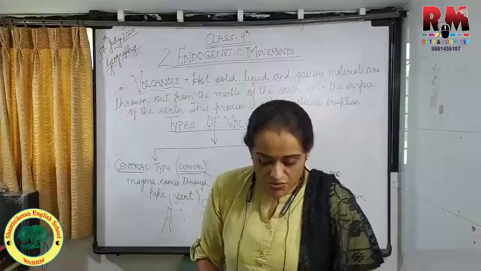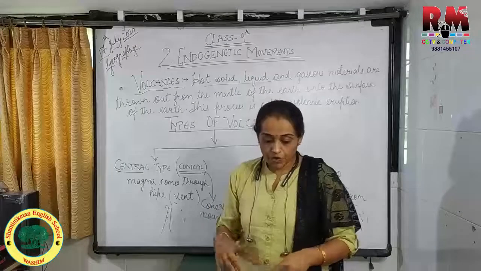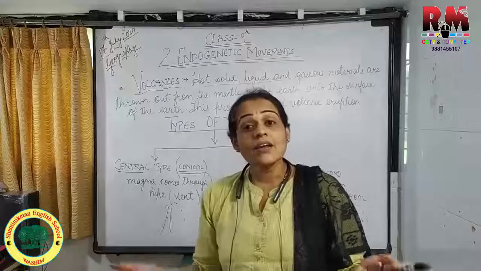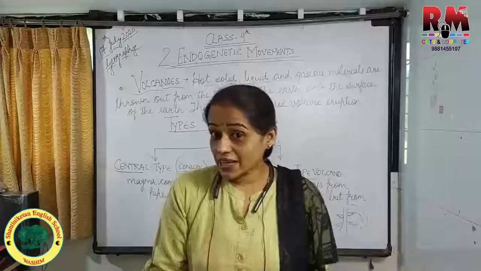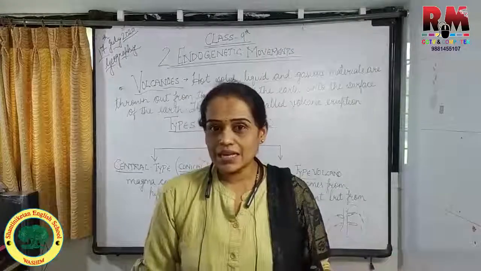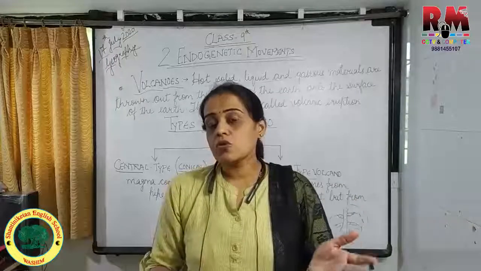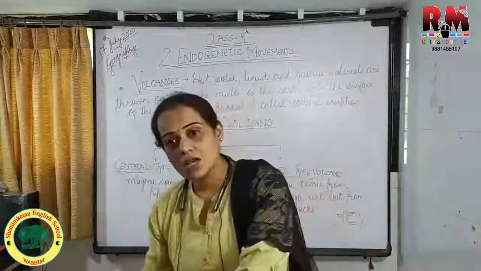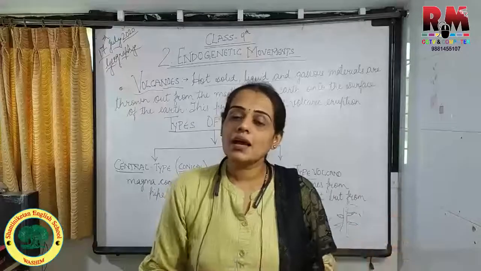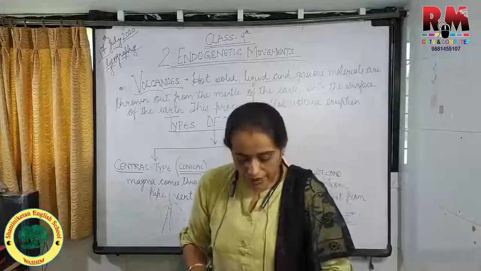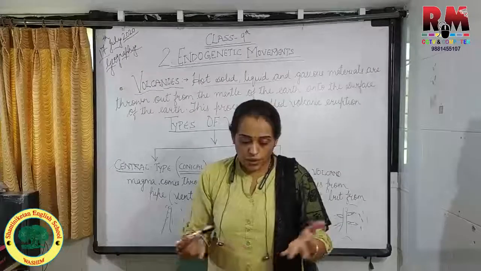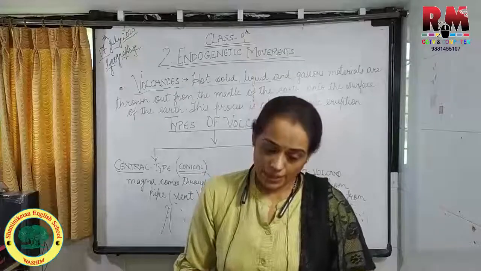Then new land is formed due to volcanic eruption, or at times an island may even disappear. New land we can get, because all the molten material is coming out from the interior of the earth. And sometimes it happens that when this lava comes out, it may make the island disappear also if it is near an island zone. Then lakes are formed at the mouth of the craters of dead volcanoes when rainwater accumulates in them.